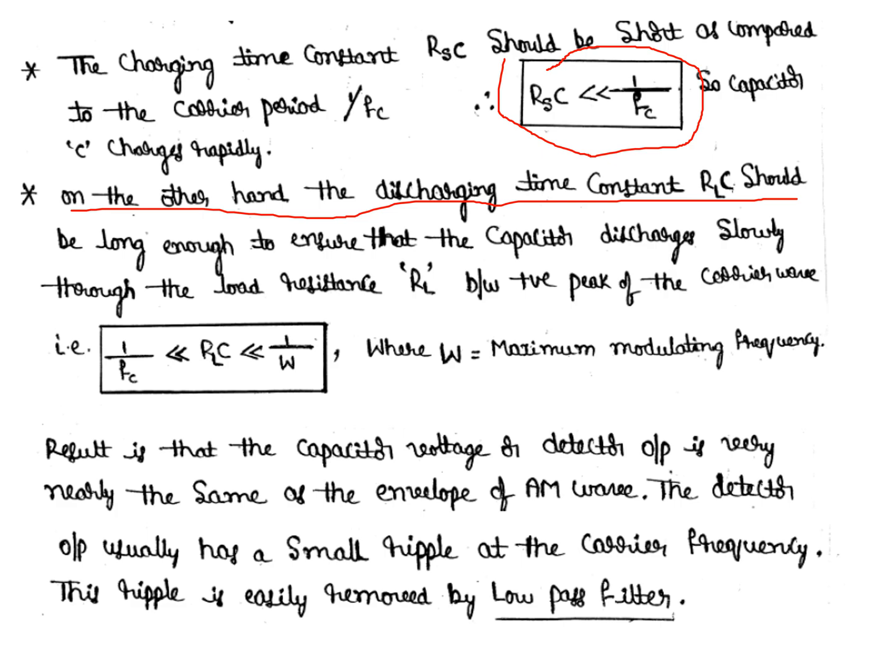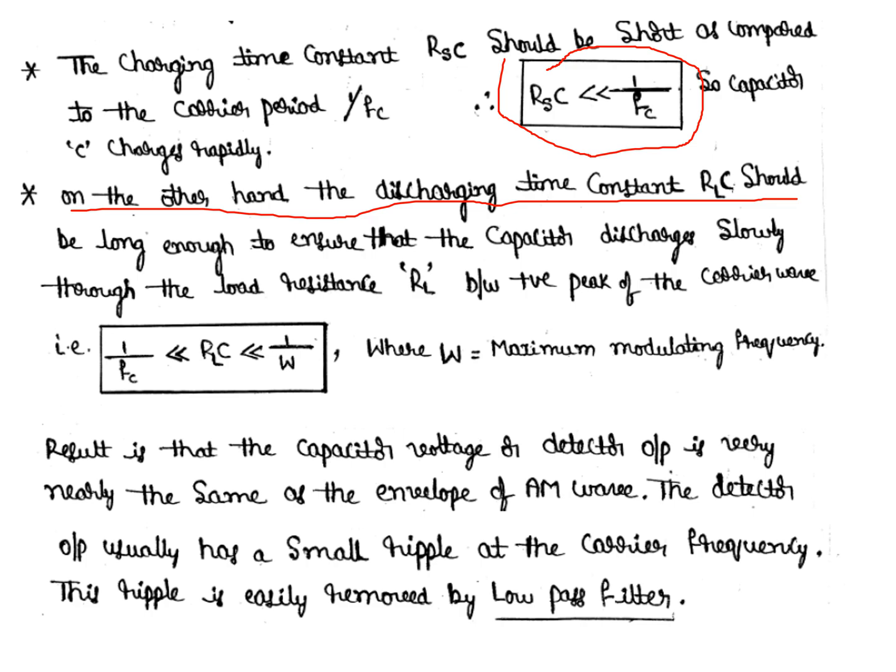So it is discharged very slowly, until it reaches a particular value, before the next positive peak arrives at the input side. So it is easy to trace out